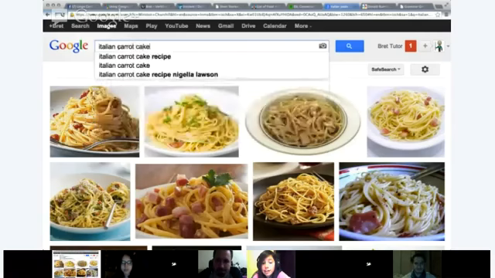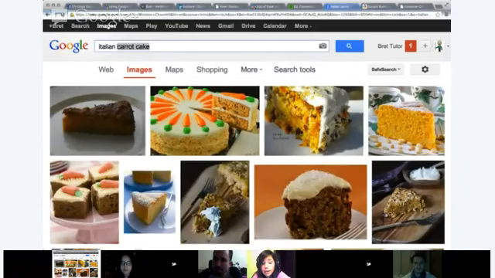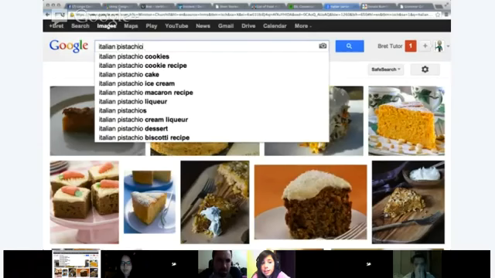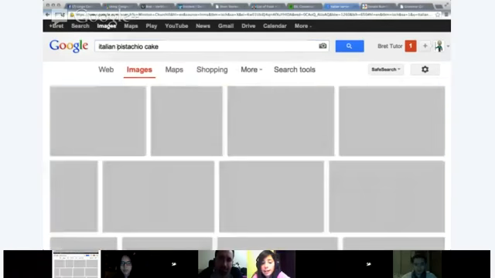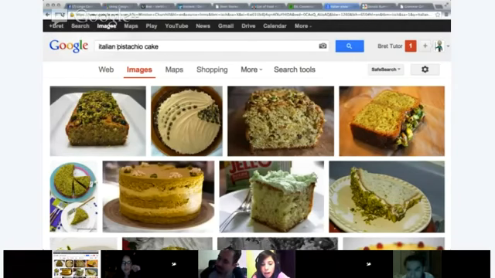In Sicily, pistachio is one of the most important ingredients, used in different dishes, for example pasta, cakes, pizza. Pizza with pistachio is fantastic, and if you have the chance, taste it because it's very delicious.